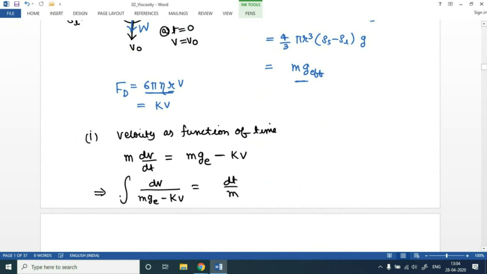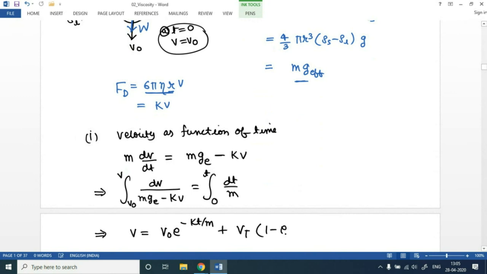by m over here. And when we will be integrating both sides with appropriate limits, so you must understand the initial condition which we have already given here. At t is equal to 0, v is equal to v naught, and at t is equal to t, we wish to find out this v over here. Okay, so solving this differential equation will simply give us v is equal to v naught into e to the power minus kt by m plus vt into 1 minus e to the power minus kt by m over